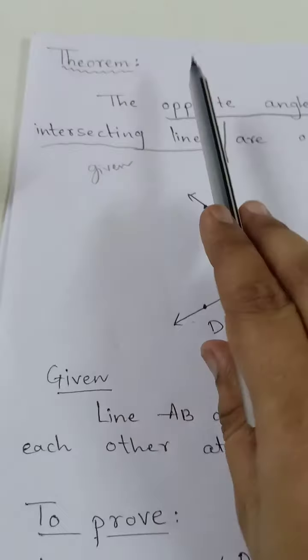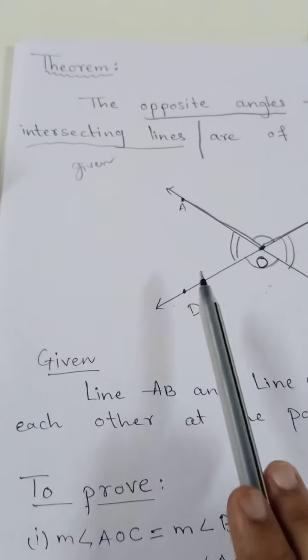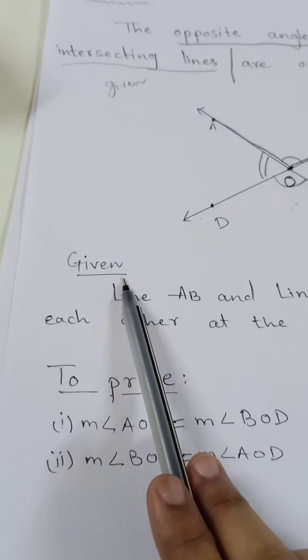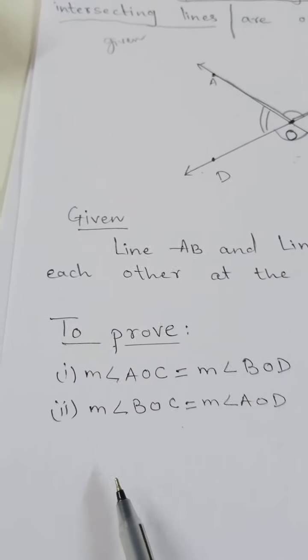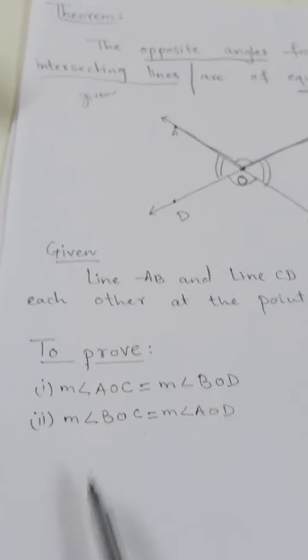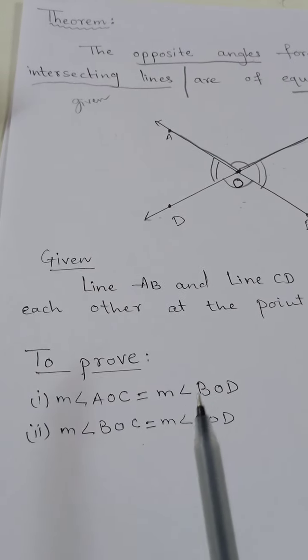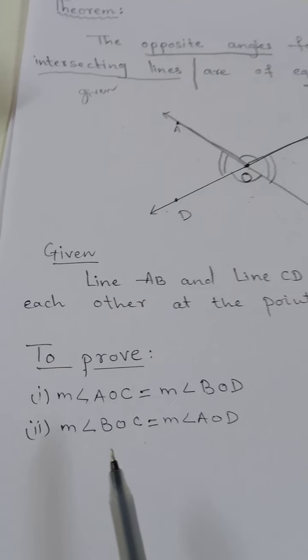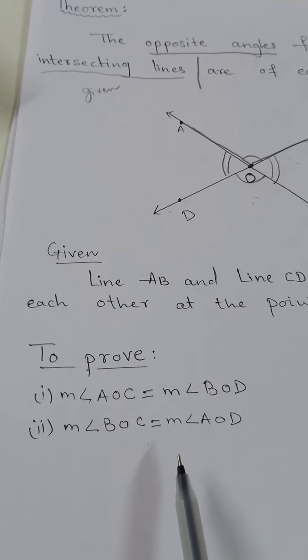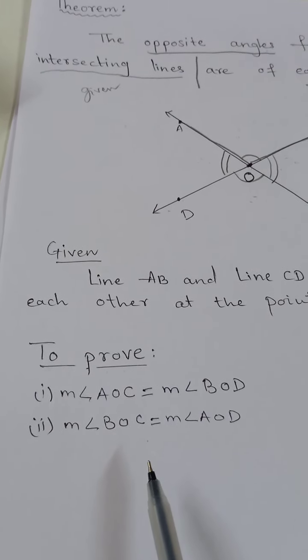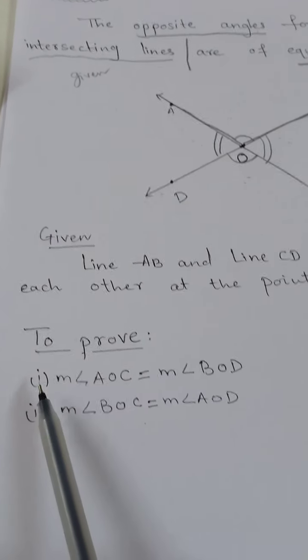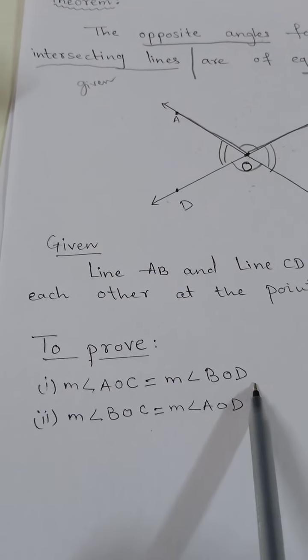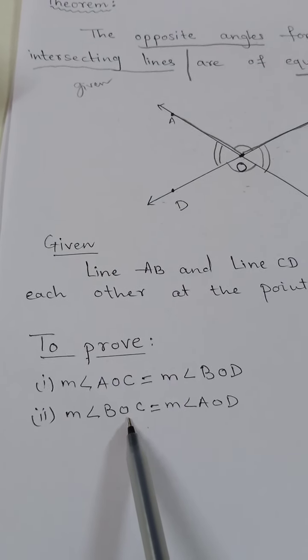So here the first step is the statement, second step figure, third step given, fourth step to prove, fifth step construction is not there for this theorem. I have explained that construction is not necessary; it will not be there in each theorem. So in this theorem construction is not there. So directly we will go for our last step, that is proof. We will only prove the first one, and for the second one we will write similarly.